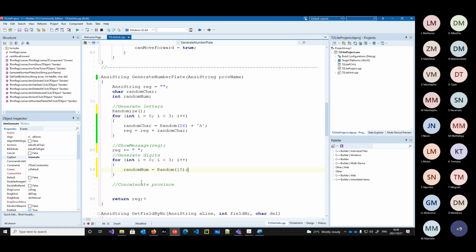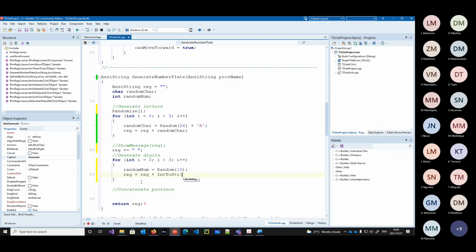And then I just paste that, and I say registration is equals to registration plus int to string random number, like that. Now if we come back and say show message,